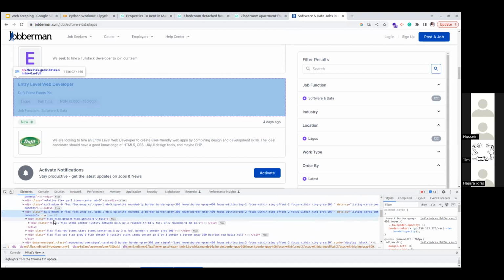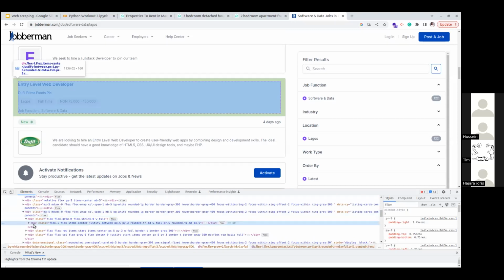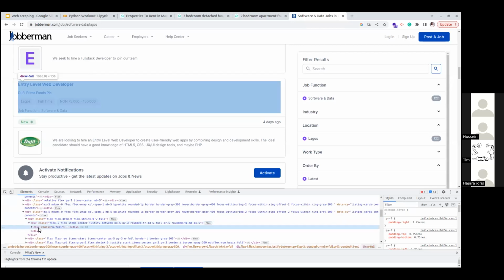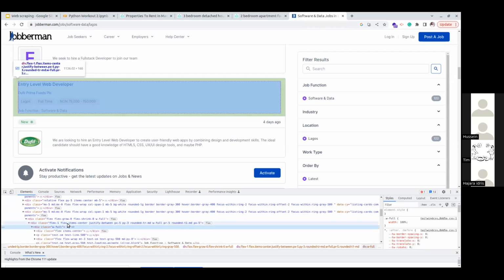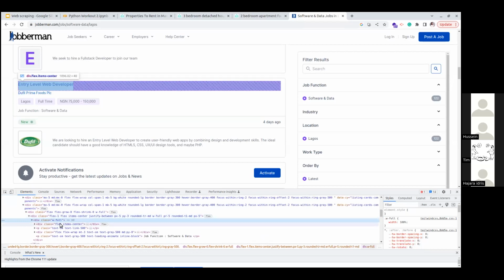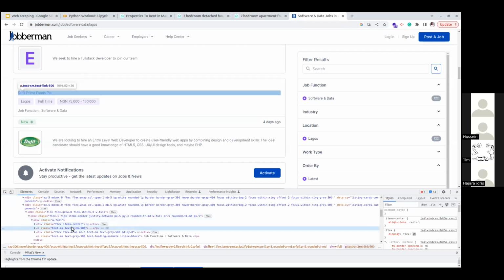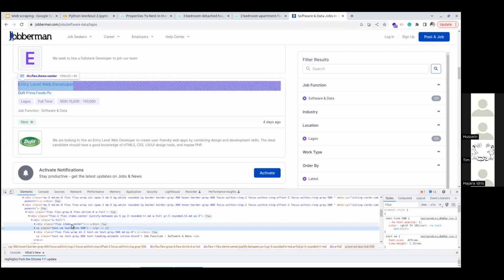So the first one is this, and inside that same first one, they have another div. I don't know why they built their website like this, but this is where you start coming through. So they have another div inside. Let's expand that one. They now have another div. We expand that one. So finally, we get to where we are going. This is what we need. Let's look at one example.